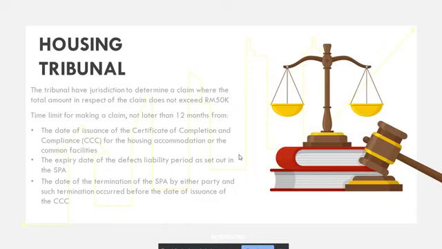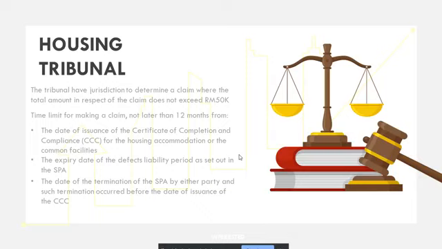So CCC ni macam warranty lah, warranty period lah for new home. Panggil SCCC. Itu adalah expired date of defect liability period, bukan CCC, maaf saya. CCC adalah yang tadilah kita bincang tadi, dah semua dah masuk, elektrik dah masuk, TNB dah masuk, dah diluluskan oleh local authority, then CCC akan keluar.